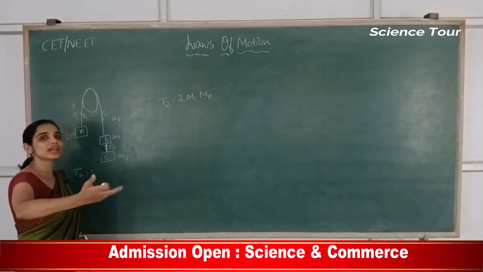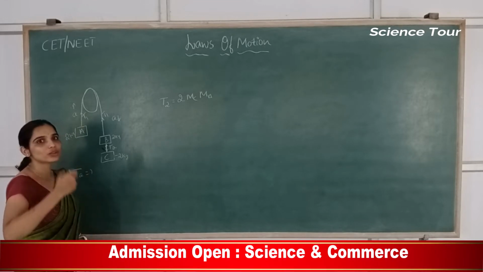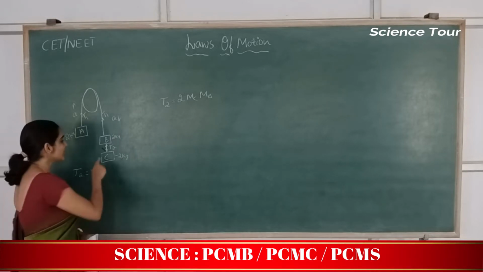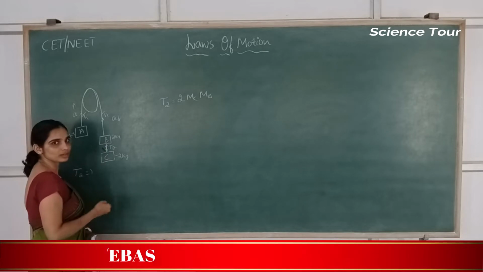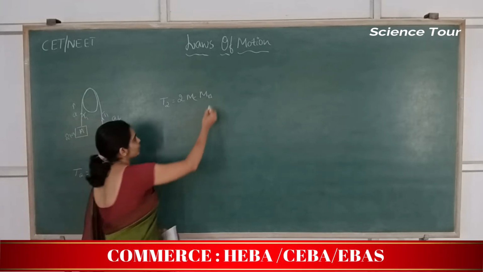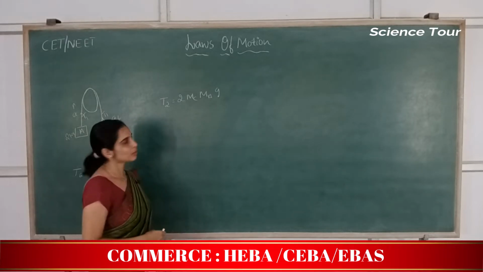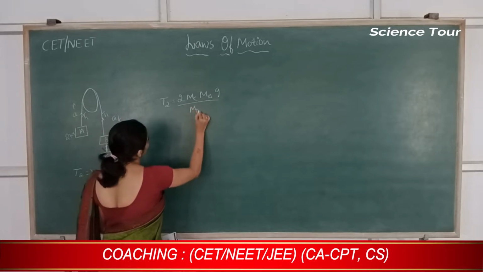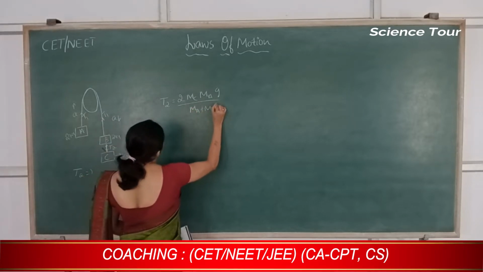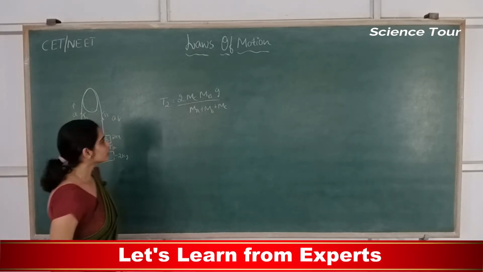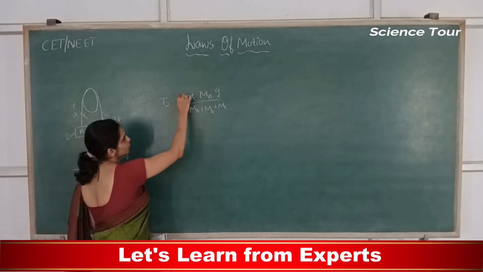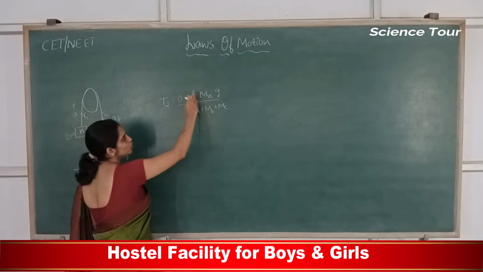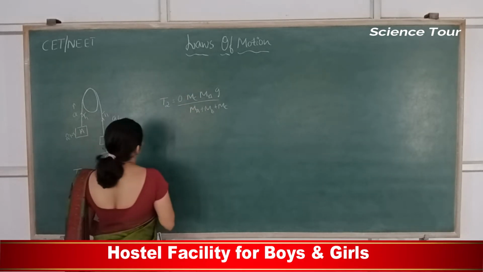If there is no gravity at all, if you place this whole system in zero gravity, then the string wouldn't stretch, because gravity is the one which acts force on this. Otherwise, there is no force. So if gravity is 0, tension would be 0. Then divided by total mass. What is total mass? Mass of A plus mass of B plus mass of C. So if either is 0, both forces are 0, tension will become 0, because 0 multiplied by anything is 0, and 0 divided by anything is 0.